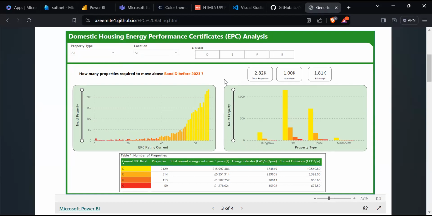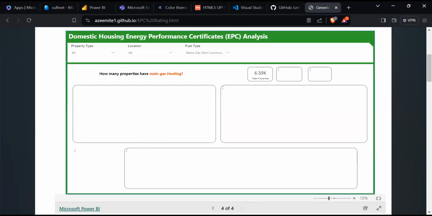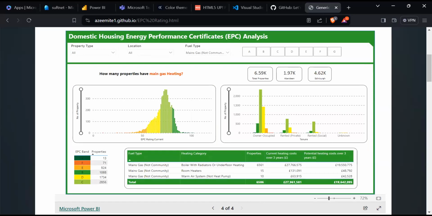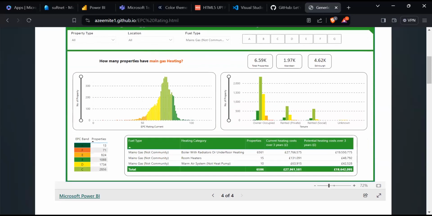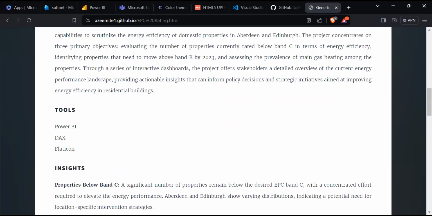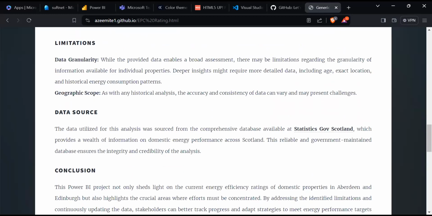But by the time you start paying energy bills, you will go back and check, because it happened to one of my friends, when they eventually found out where they were, I think it was the last band. So in this case study, what we're trying to address is how they can save money when they do all those improvements, and how many properties have gas heating. So these are some of the things that I did on my own, just to put some story around it.